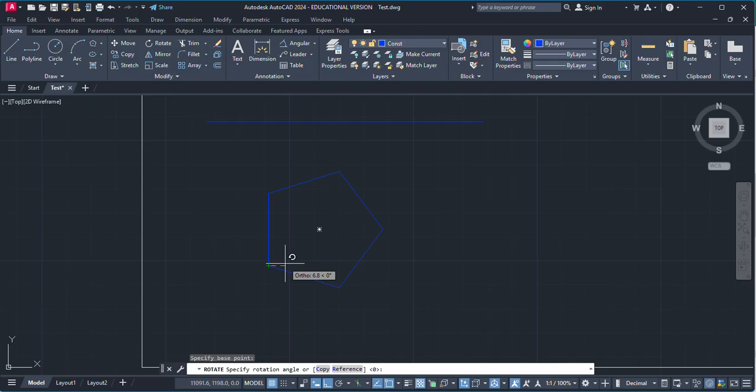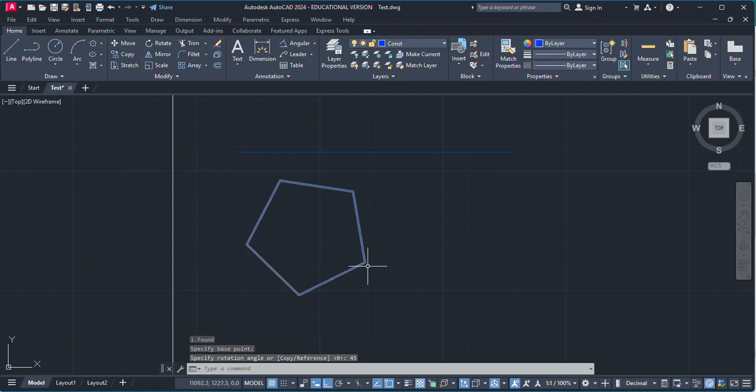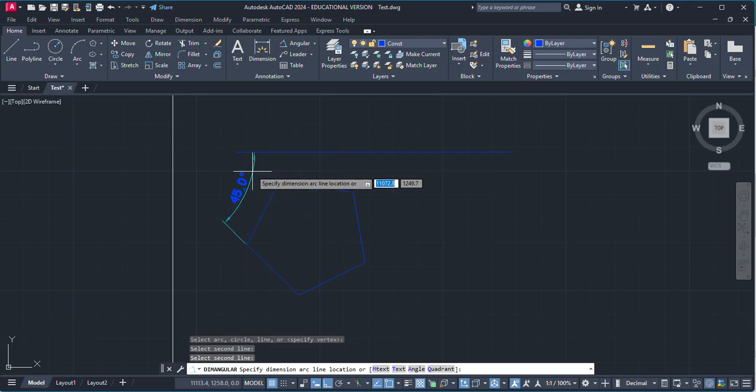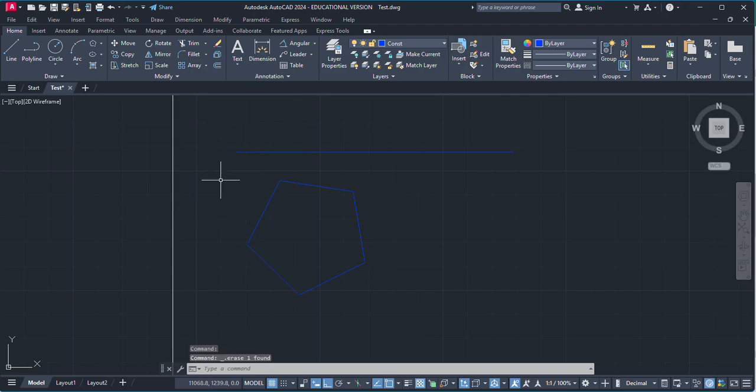Similarly, if there is a case of horizontal edge, then it is easy to rotate that horizontal edge as compared to the already inclined one. So I'm going to rotate this edge. Now I'm rotating this pentagon with a positive 45 value. Now you can see after rotation this vertical edge is tilted to the left side. So just check the angle. This edge is at an angle of 45 degrees. So now this position is correct